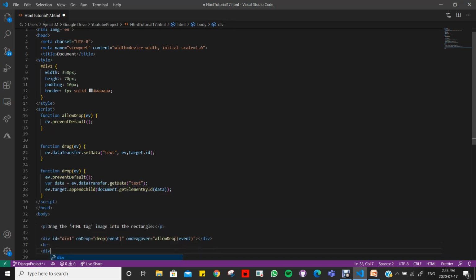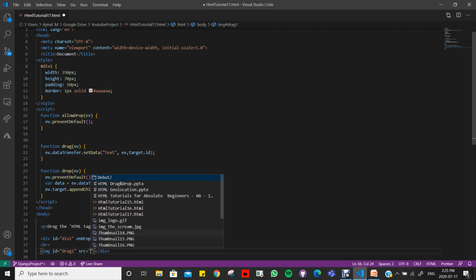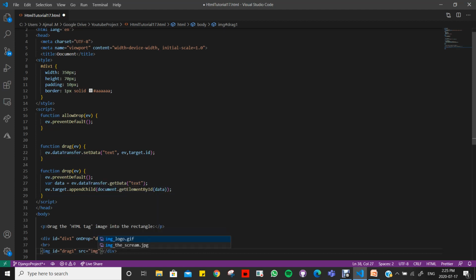The last one, actually not div but image, my apologies, because we need to insert the image that will be dragged and dropped. So image ID equals drag1, and we're gonna link the picture to this document. So the way to do that would be src equals double quotes, and the name of the file that I have saved in the same directory is called image_logo.gif,